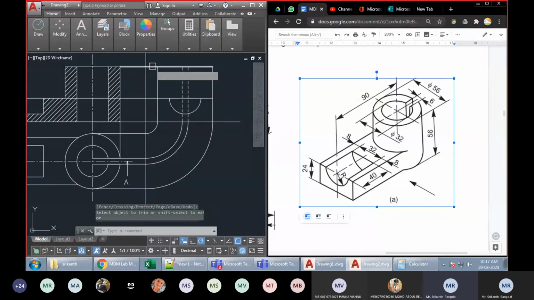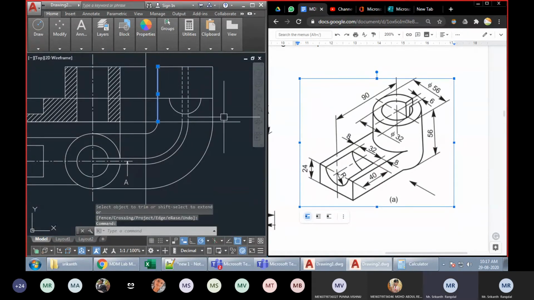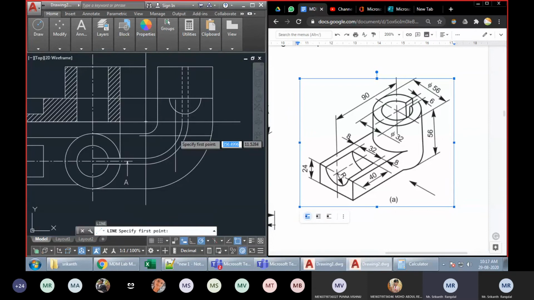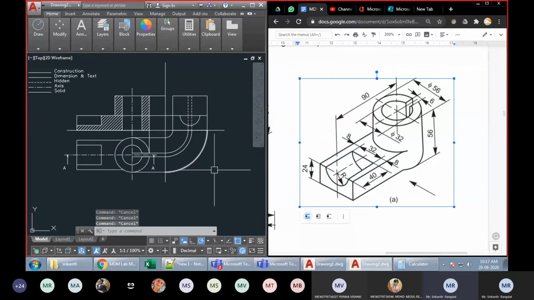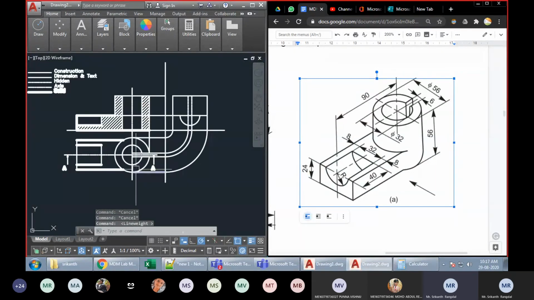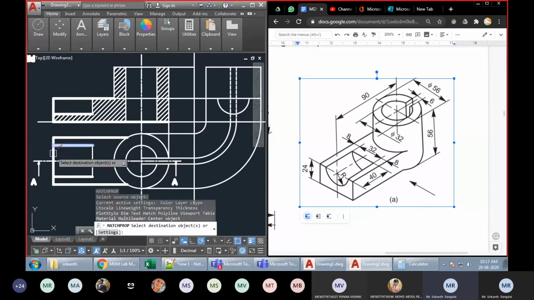I will have to trim this off. Okay, trim this off as well. Okay, draw another line over here. See, we are almost at the end of the time. I'll just show you how that will appear. You can see there is some variation. To remove these variations, what we can do is apply the properties of the solid lines. Whichever is visible, we have to make them solid.